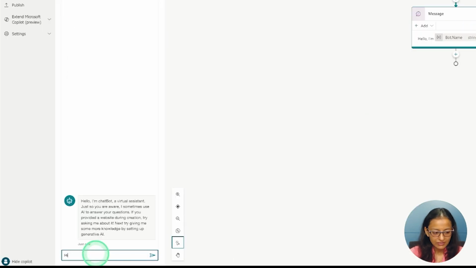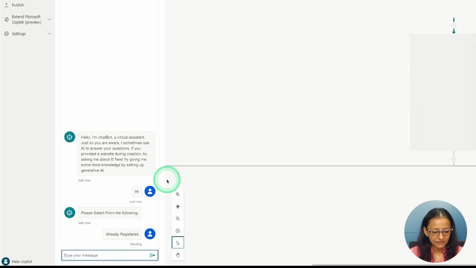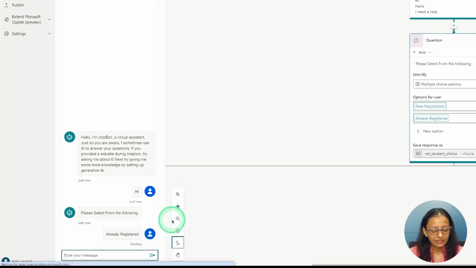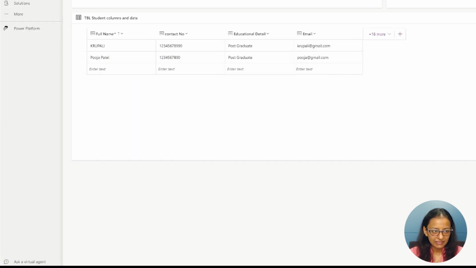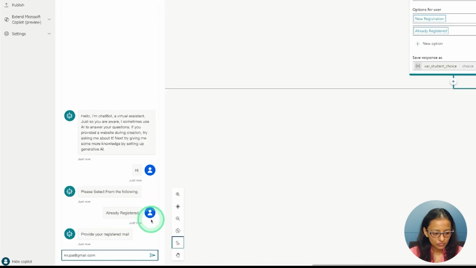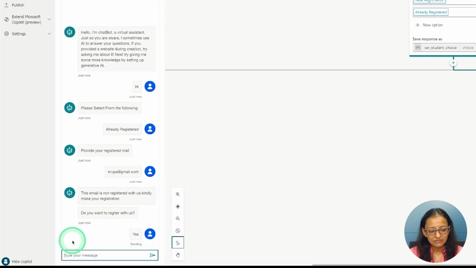First of all, I'm selecting hi, and this time I'm selecting already registered, and I'm giving my incorrect email ID. So let's say krupa@gmail.com. Since this email ID does not exist in my Dataverse table, it says this email ID is not registered with us, kindly make your registration. Then it is asking, do you want to register with us? If I say yes,